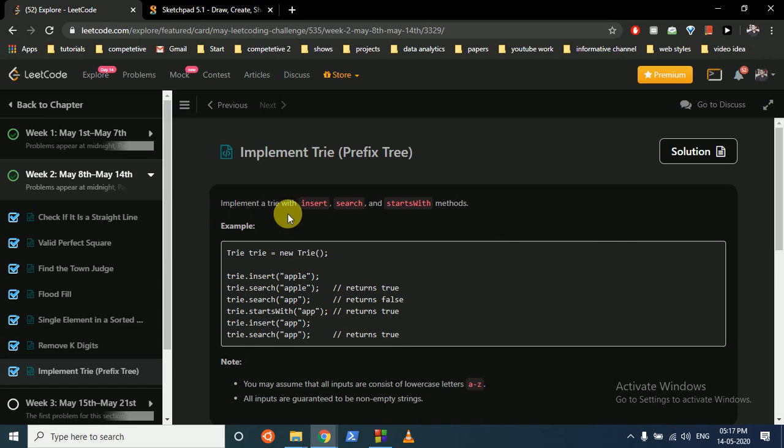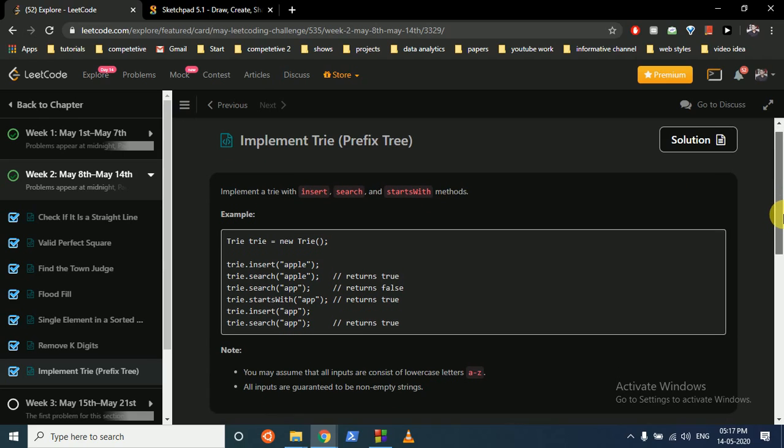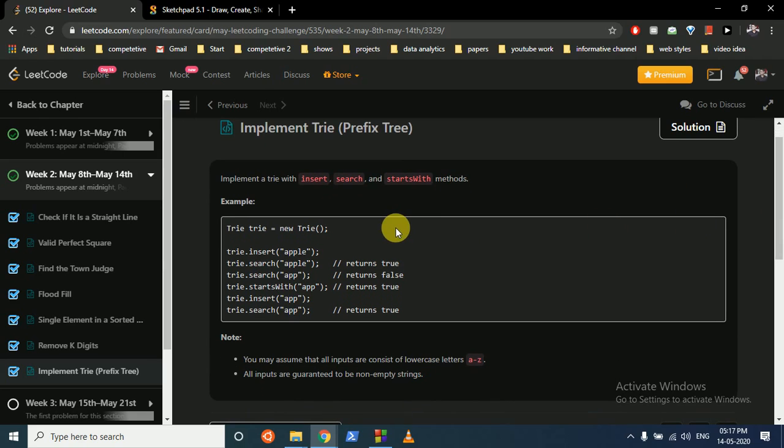Okay, so you have to implement a trie with three methods: insert, search, and startsWith. What the data structure does is, if you insert some string such as apple, it inserts this in the data structure, and if you search for it, it will return true. If you search app, because app is not there, it will return false. But if you do a startsWith with app, because there is a word which starts with app,